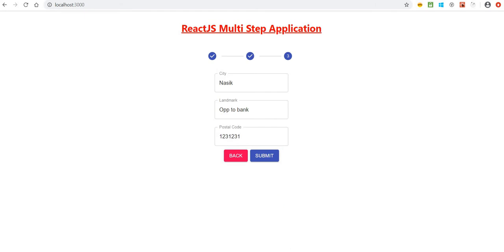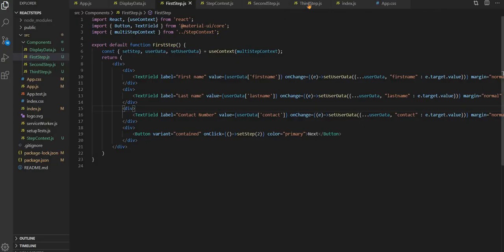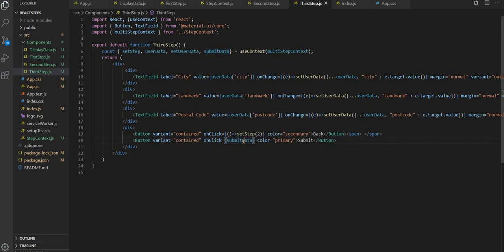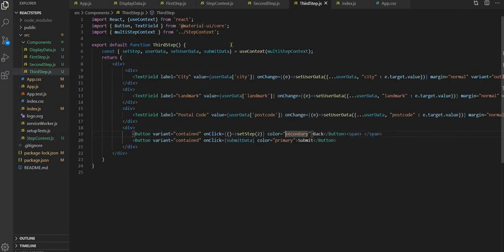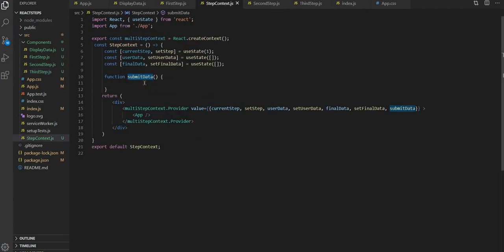So let's do that. On the third step, when we click on this submit button, the submit data function will call this step context submit data, as we have passed this into the provider, and here we have brought that in with the help of the use context hook. From here we are calling this, and from here it will call this one. So in that, whatever the data we have in the user data variable,